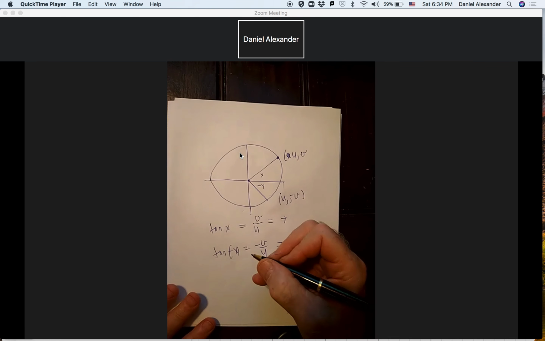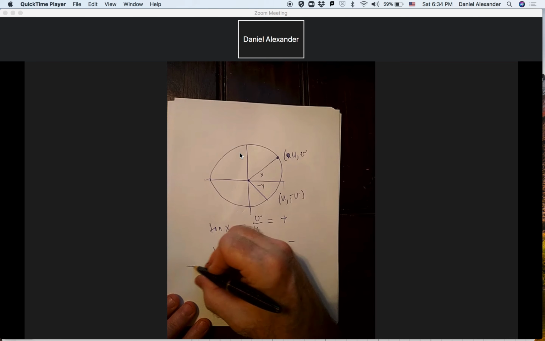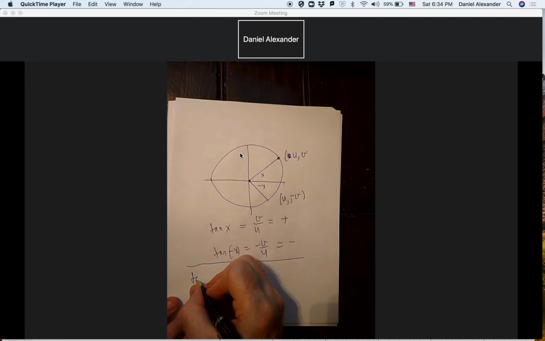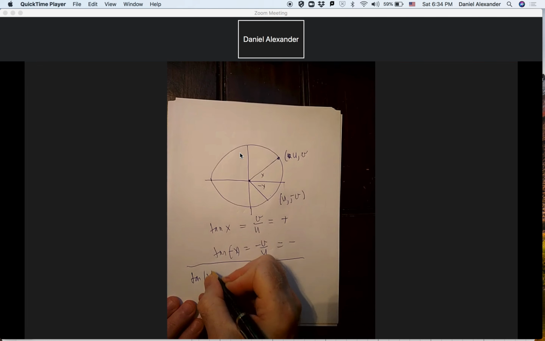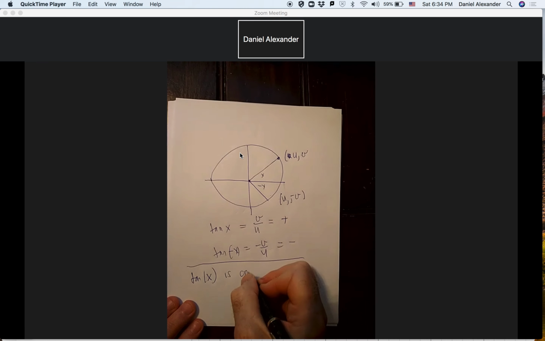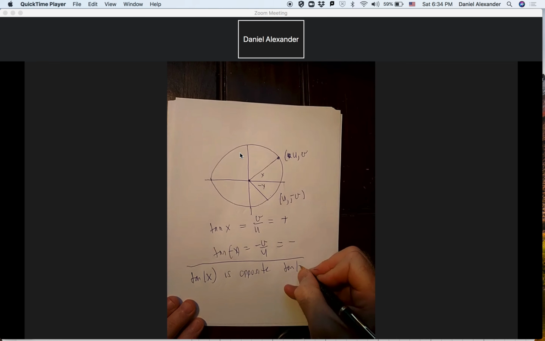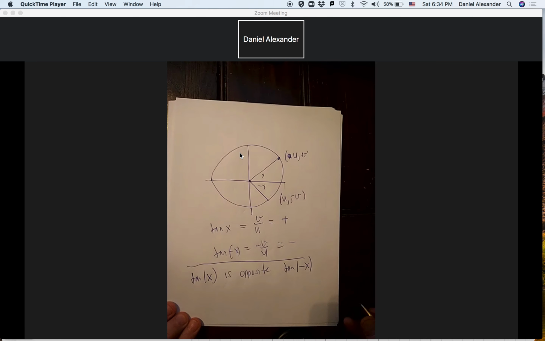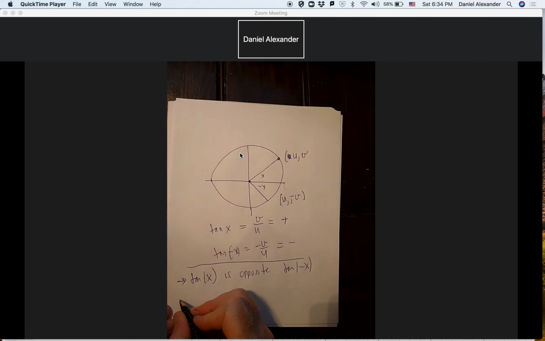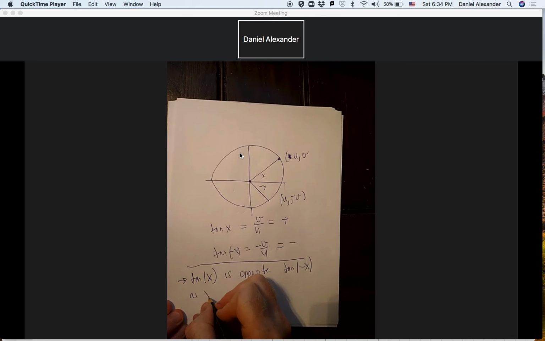Okay, so a couple of things, just to summarize what we're doing. We're saying the tangent of x is opposite the tangent of minus x. That's going to be an odd function. Remember, we talked about that before. Okay. Then also that as x approaches pi over 2,